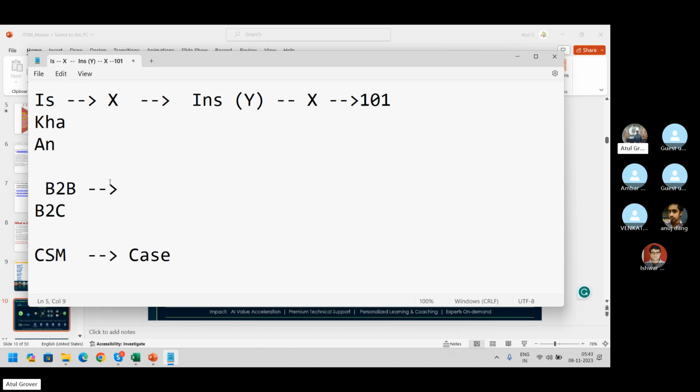Okay. Now, what is business to consumer, sorry. Ishwar is a standalone person. He's one of the human beings who are living on the earth. He wants to buy insurance. He goes to insurance company Y and gets the insurance. This is B2C, business to consumer or the customer.